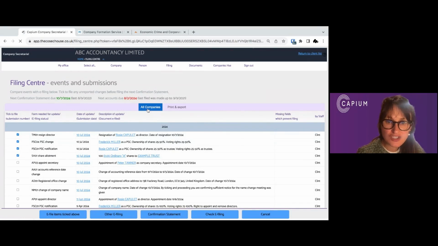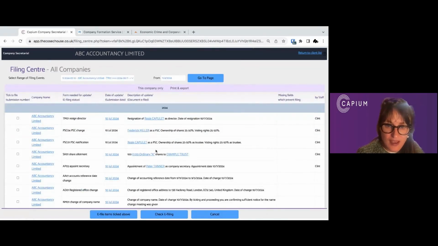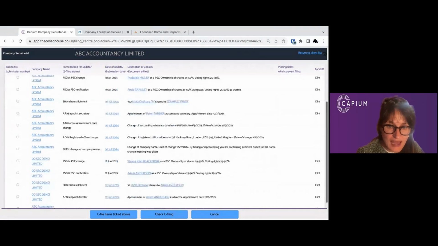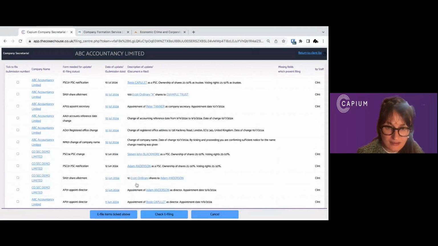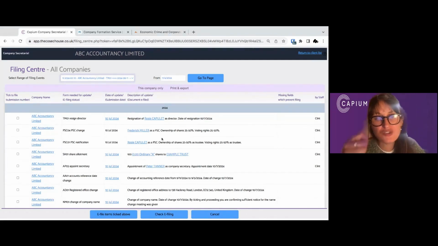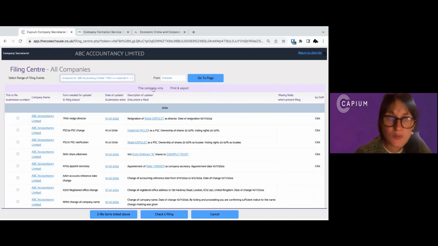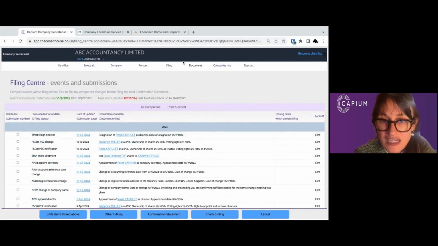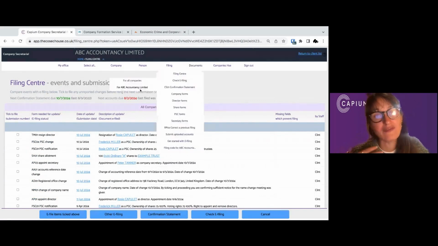So if I just show you, if I click all companies, I'll show you this in a little while: if you change the address of, say, one person who is connected to lots of companies, you could then file across multiple companies all at once. Also here you can check e-filing, so you can set up the email so that you get told if something